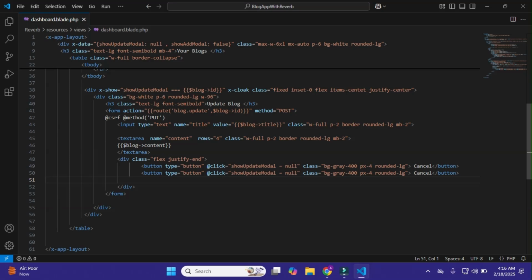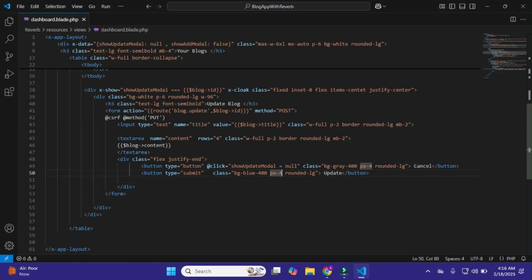I'll copy it and paste it here, and this time it is button type submit, and I don't need this onclick, and bg-blue-400 px-4 rounded-lg, and it is update.